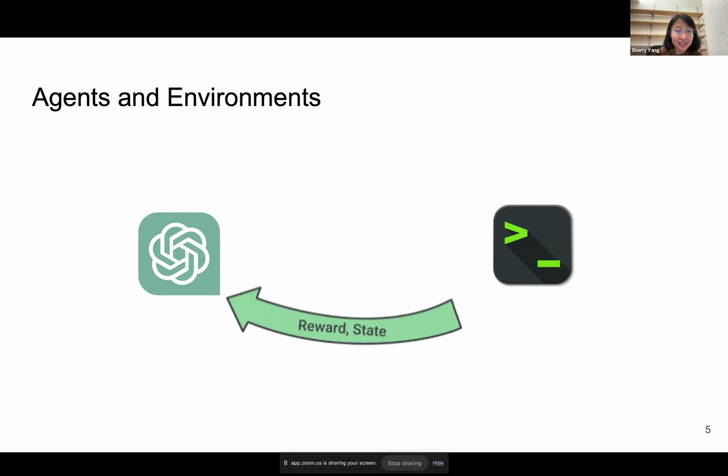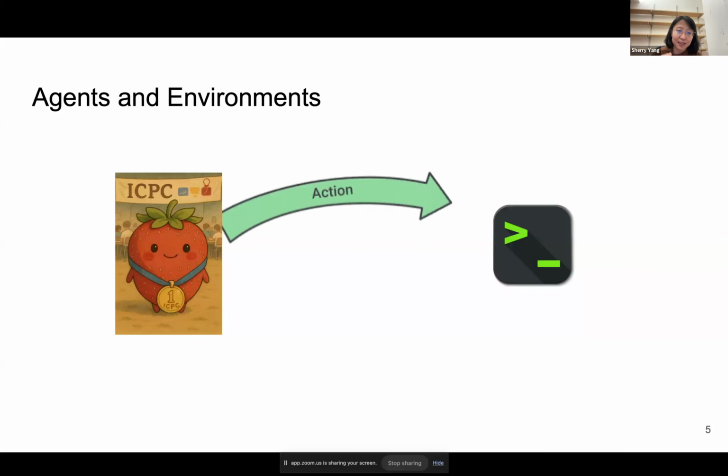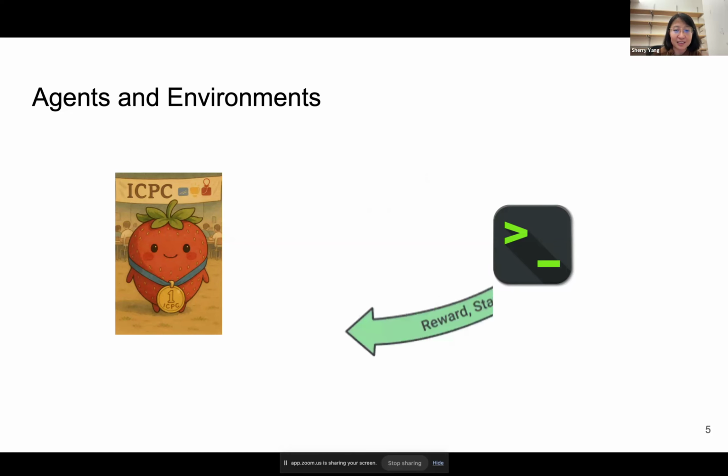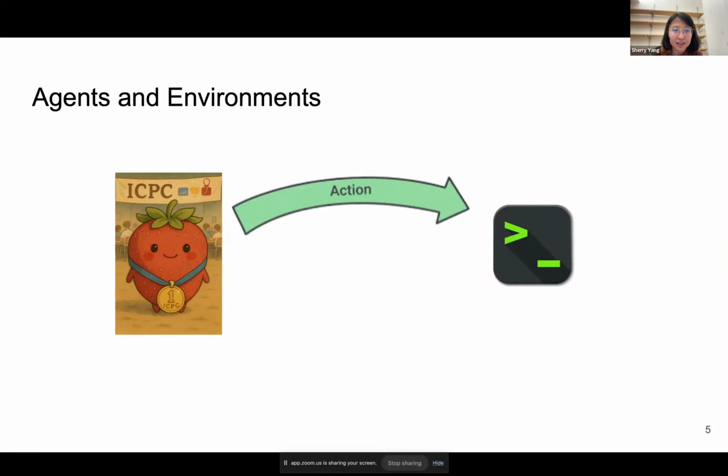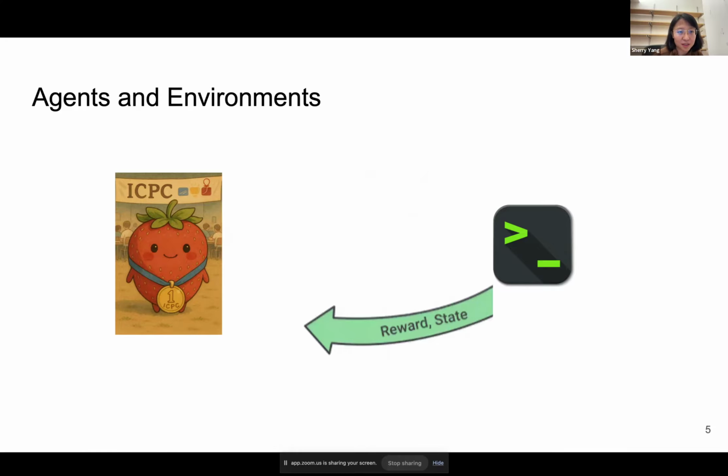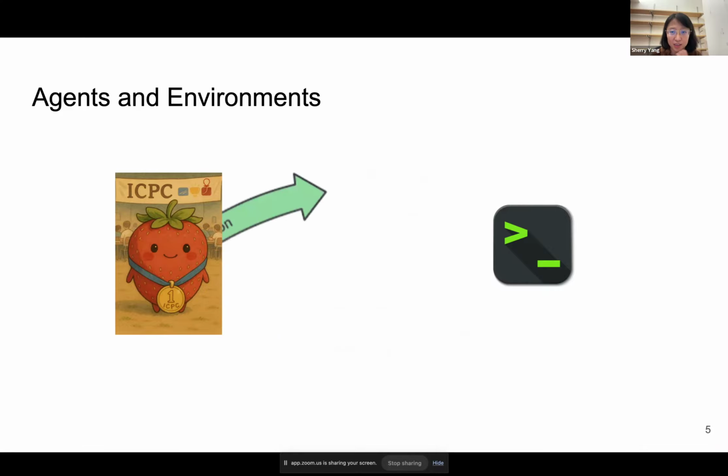In this particular case, the agent can execute code, which is the action, and see the execution outcome. The agent can try to optimize its code generation, and eventually we can see the agent achieve superhuman performance in programming competitions.